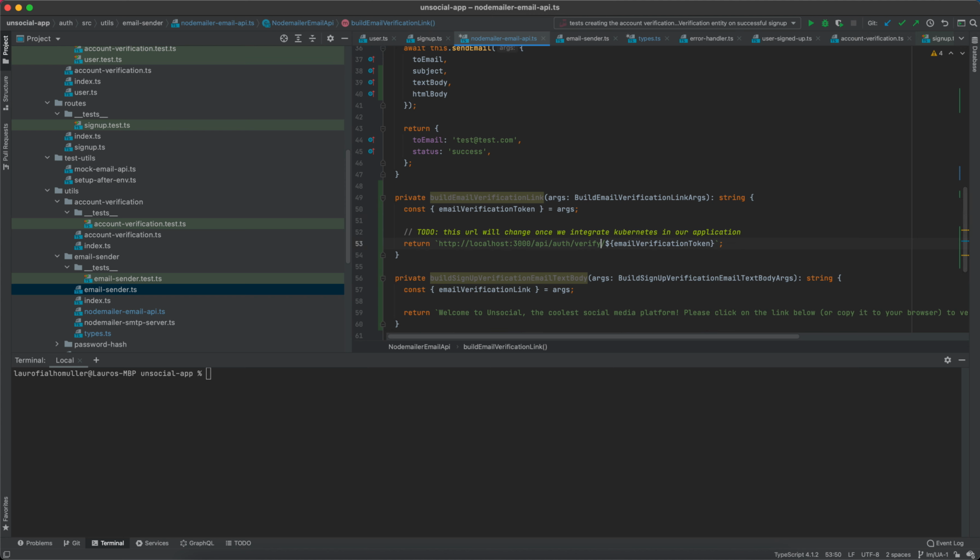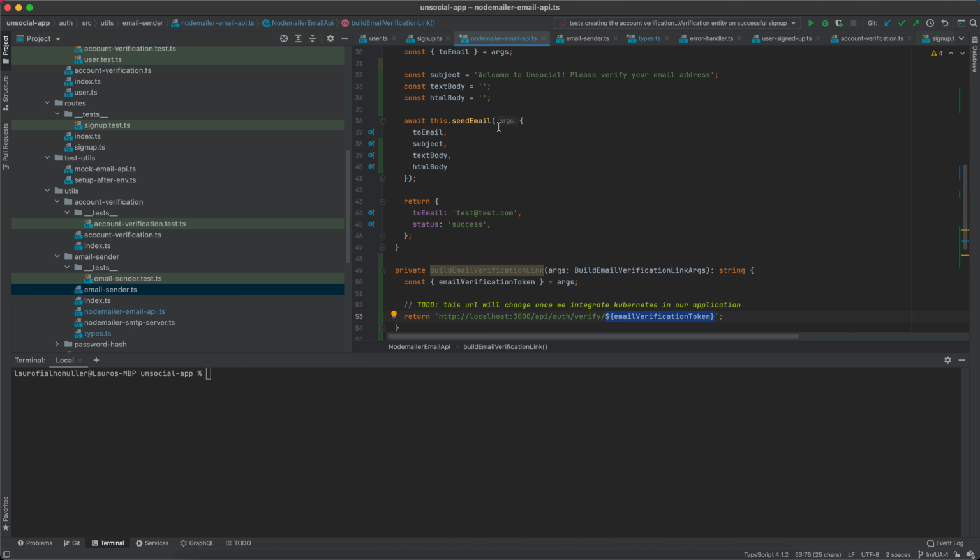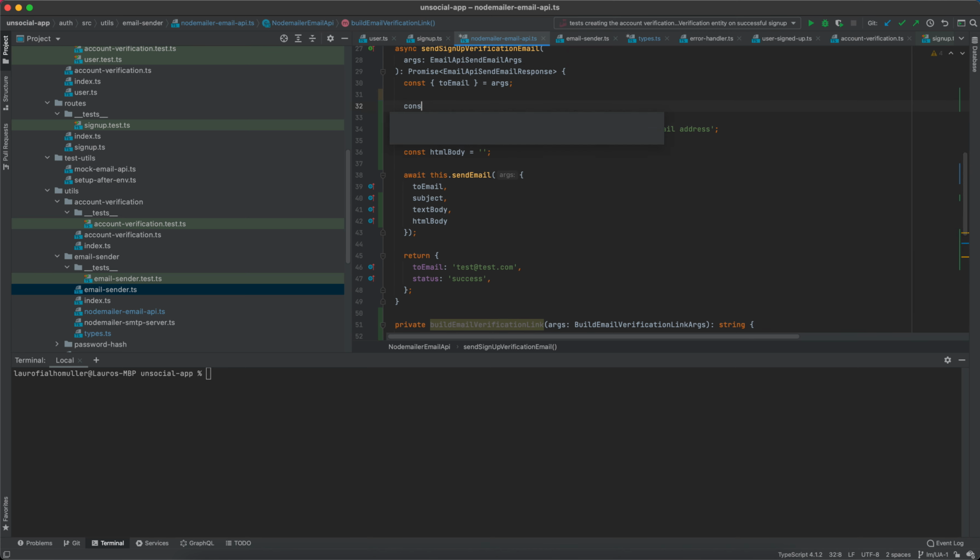Of course, this URL is not defined yet. If you remember our routes, we have only one route, which is api/auth/sign-up. So we don't have the api/auth/verify and then the token, but we will implement this in the upcoming videos. So here I just want to first create my email verification link, and that's going to be